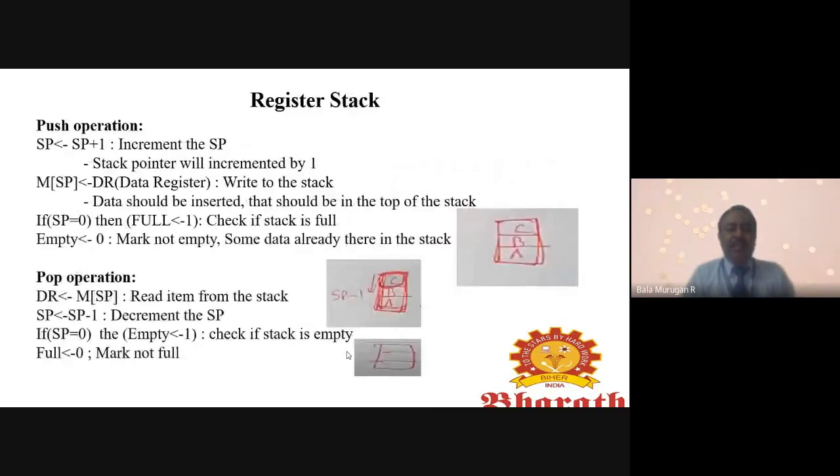In the register stack, we have two operations: push operation and pop operation. In the push operation, the stack pointer will be incremented by 1, that is SP plus 1.